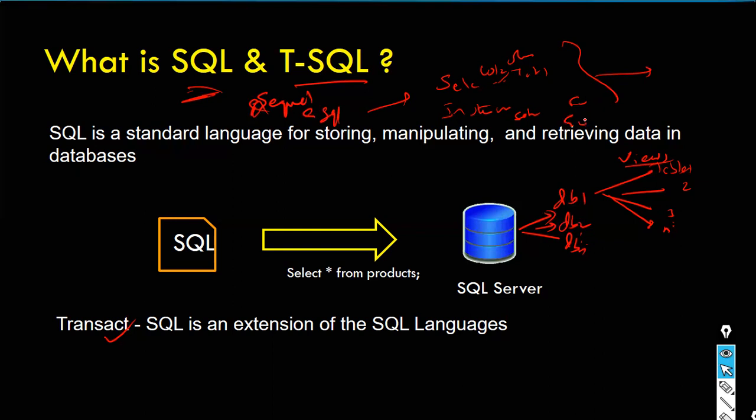We use something called GO. At the end of each statement, we use GO. GO is nothing but a batch separator. So you can put GO here. This one will be considered one batch, and this one will be considered another batch. You have batch 1 and batch 2. To separate the batches from each other, we use the GO keyword. So in that case, what will happen? This one is considered batch 1. This one will get considered